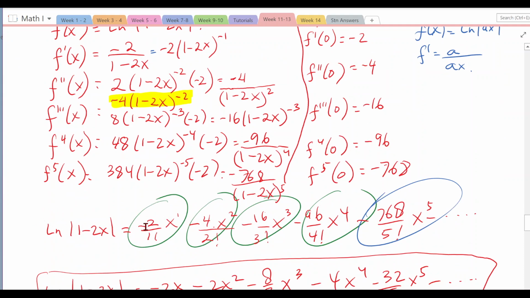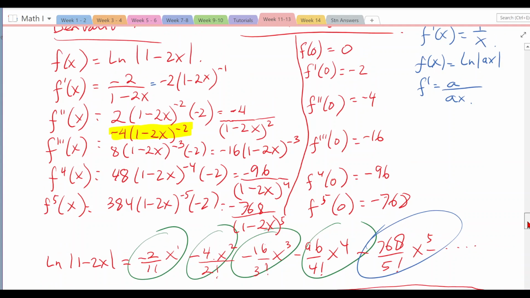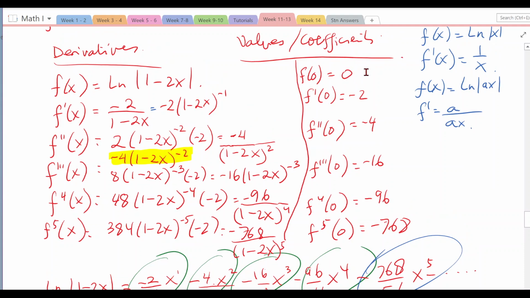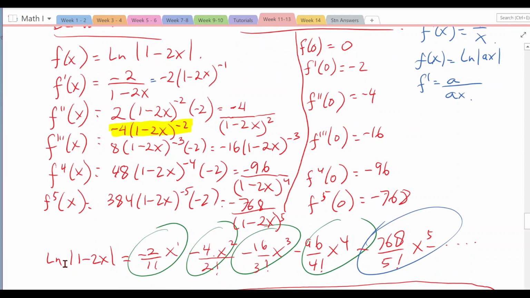So the first one is the 0th derivative. However, the function itself is 0. Remember, on the right hand side is our coefficient, so a coefficient of 0 multiplied by the function will become 0, so we ignore the first one. We move past the 0th term and start with the first term, which is negative 2 here: negative 2 over 1 factorial times x to the power of 1. The next term is negative 4 from here, x squared, because this is x to the 1, the next one is x to the 2. The negative sign is there because the coefficient is negative.